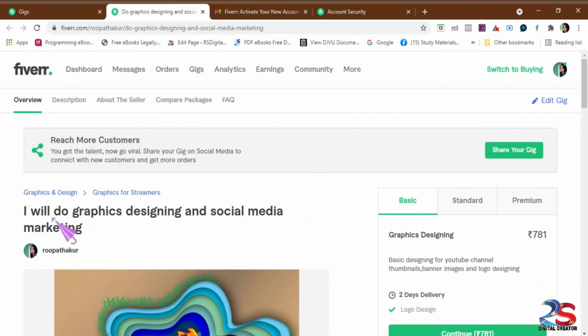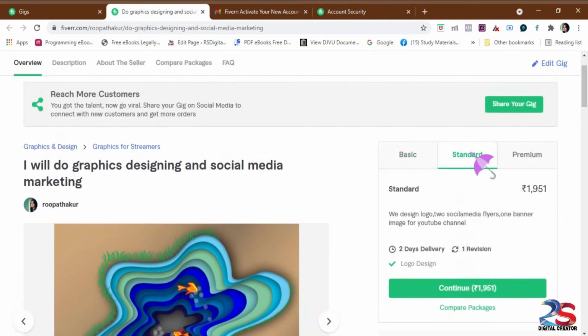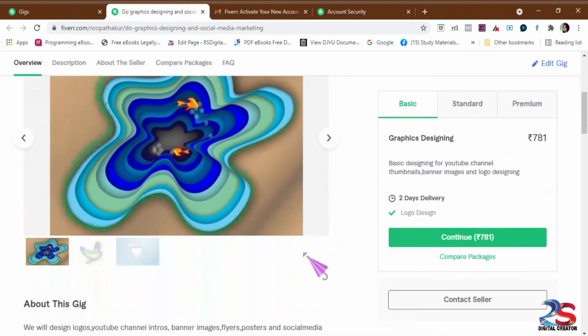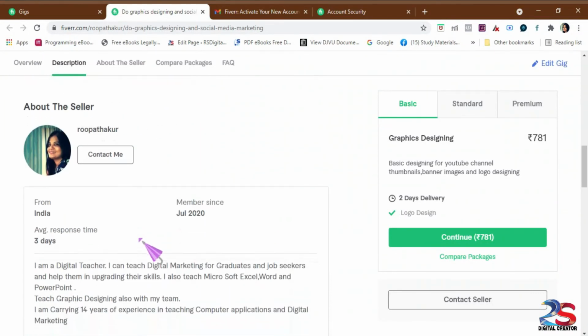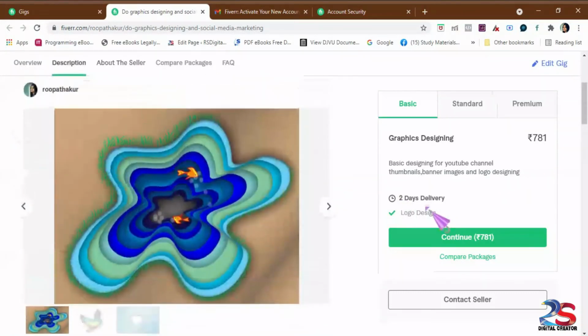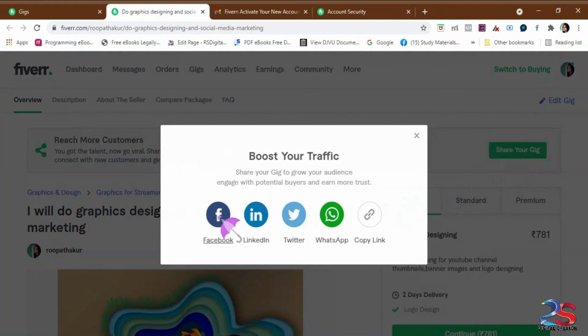Just select gigs and you can see how the gig is showing, standard price and basic and premium price ranges. It will show like this to the viewers on Fiverr. Okay, so you can see the idea how it will look, the description of the gig and your profile, everything it will show you. It will show you like this.